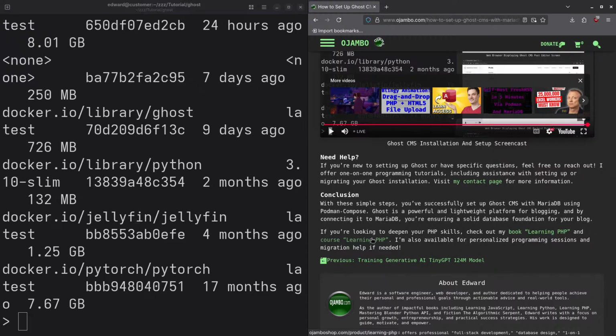Ghost is a powerful and lightweight platform for blogging, and by connecting it with MariaDB, you're ensuring a solid database